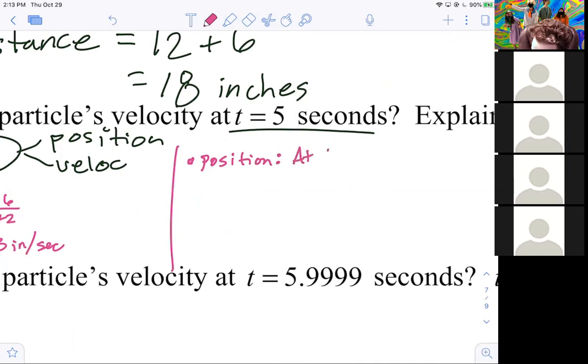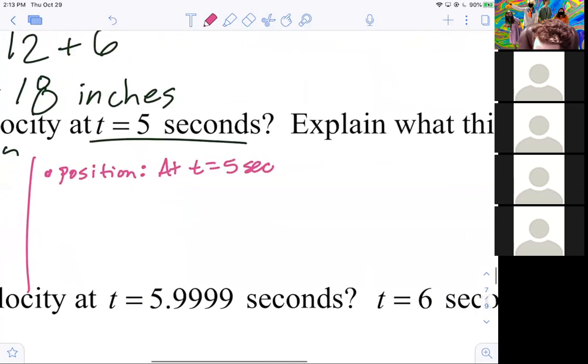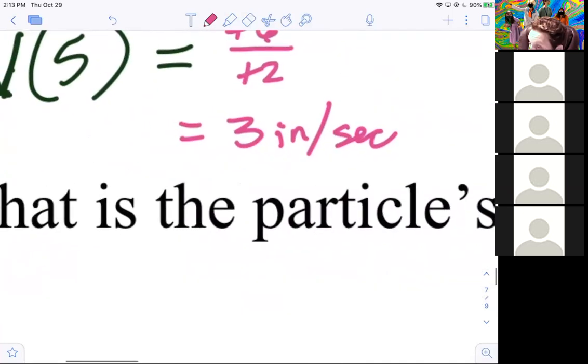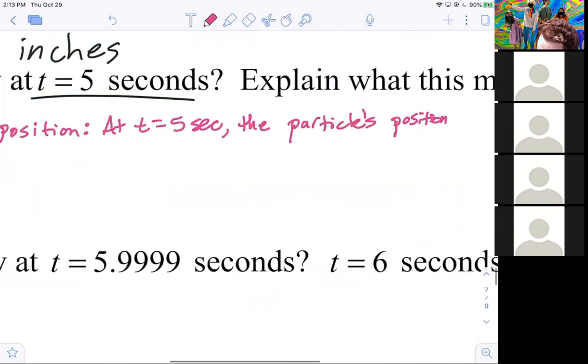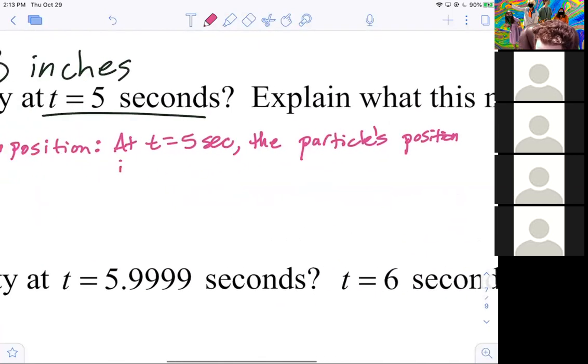At t equals 5 seconds, comma, the particle's position is... what? It's increasing because that's the rate. Good. Position is increasing